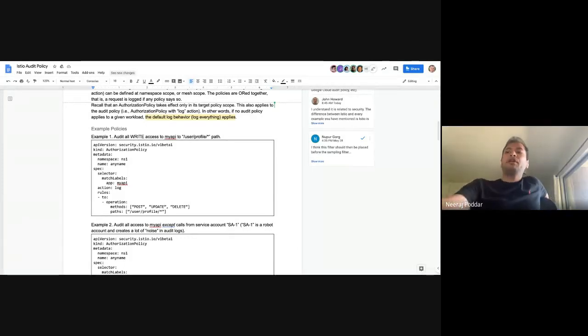I agree, Mandar. If we are trying to do this separation of streams with personas, we need to make sure those personas can reliably configure the reliability and durability of each of those streams, and then where they go, because those will vary differently. But this is a good start. I mean, authorization feels like a good home for the log action. I think we have to go a few steps further around where to send it, how to send it, what are the parameters on which you can actually drop things, if at all, for auditing. And then probably the log entry CRD is the one which is more contentious, I would say, around